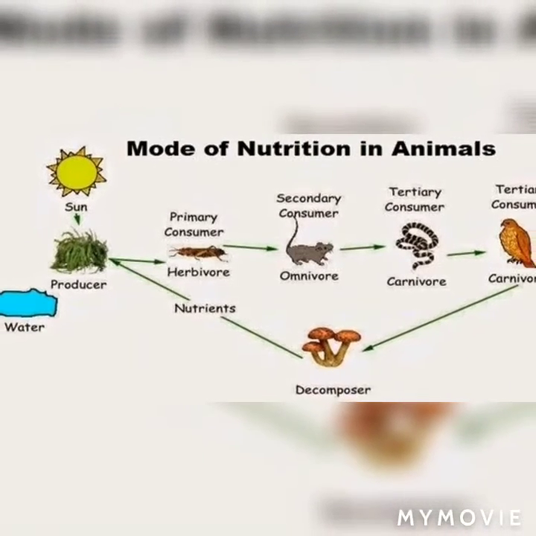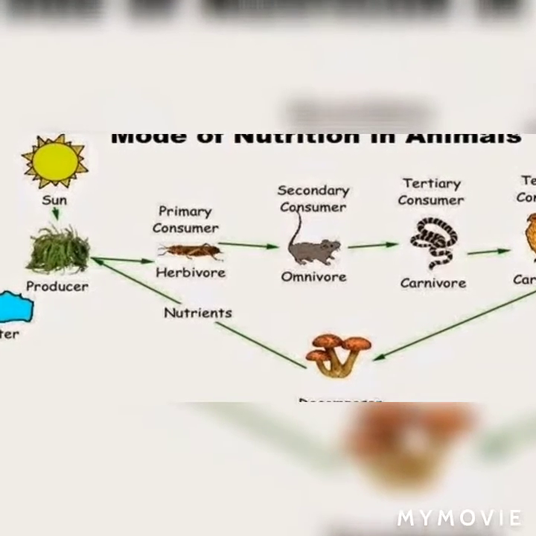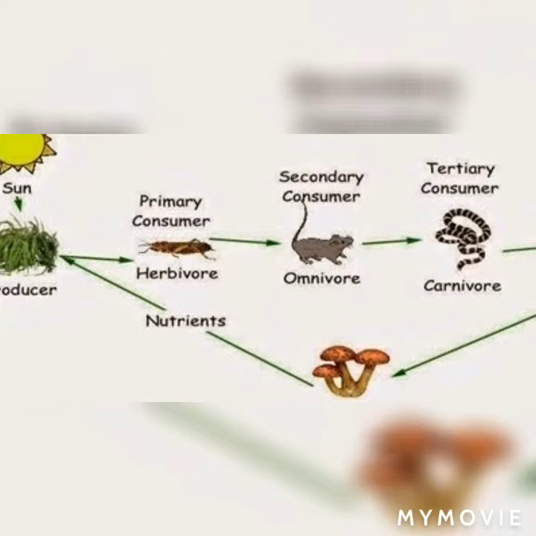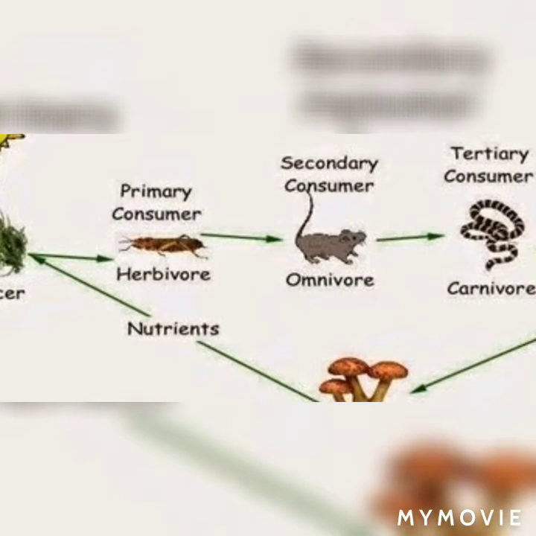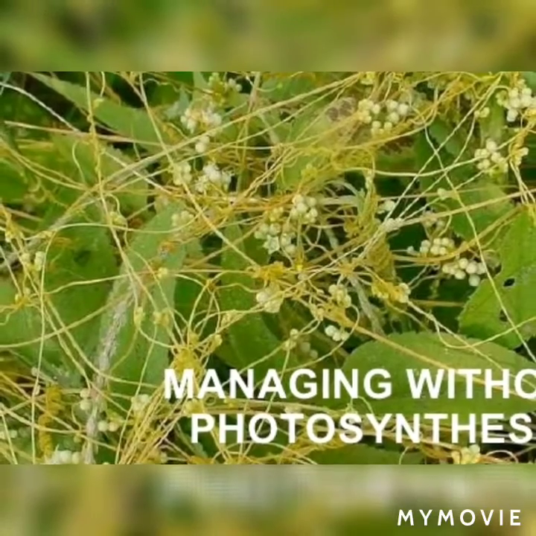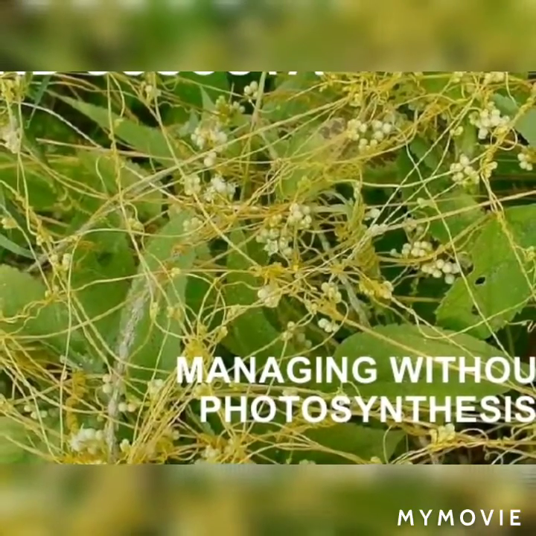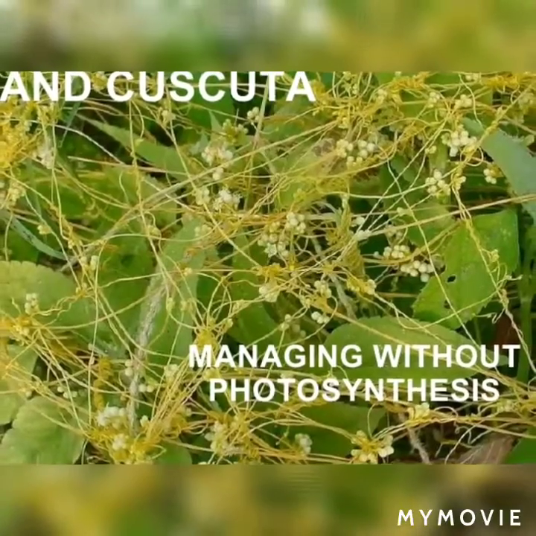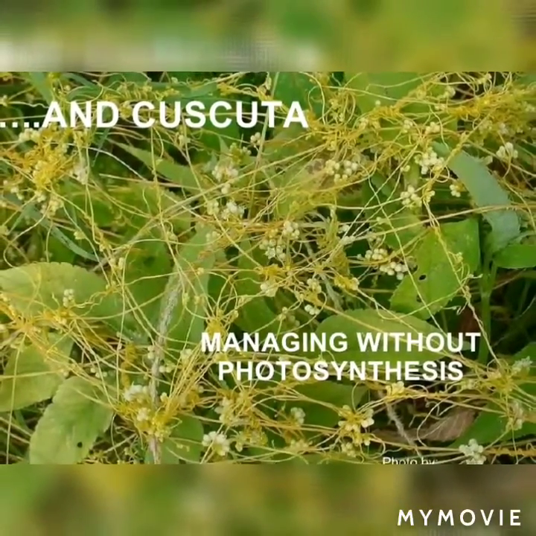So, there are some plants which do not have chlorophyll. They cannot synthesize food. How do they survive? And from where do they derive nutrition? Like humans and animals, such plants depend on the food produced by other plants. They use the heterotrophic mode of nutrition.